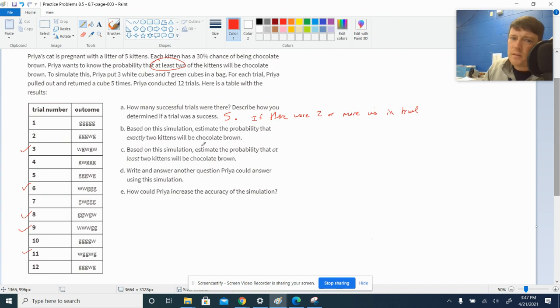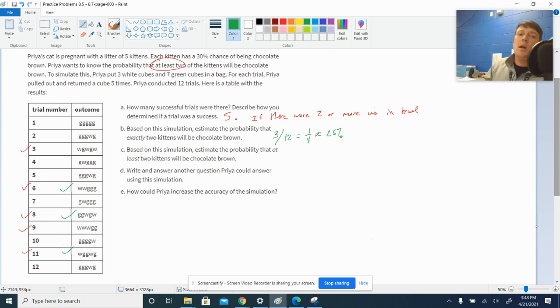Part B. Based on the simulation, estimate the probability that exactly 2 kittens will be chocolate brown. Exactly 2. None. 1, 3, 1, 1, 2. Bingo. 1, 2. That'll work. 2. You know that's 3. Can't count. Sorry. 1, 2. 3 out of how many trials did she do? 12. That would be a 1/4, or I would estimate about 25% chance that you're going to have exactly 2